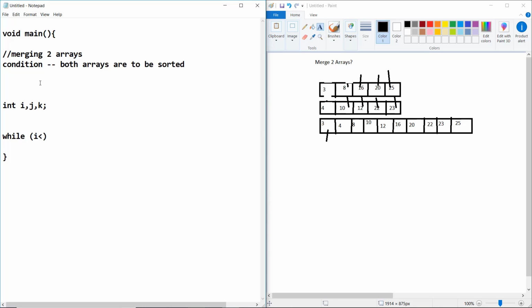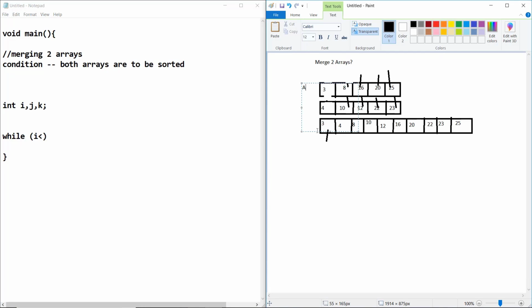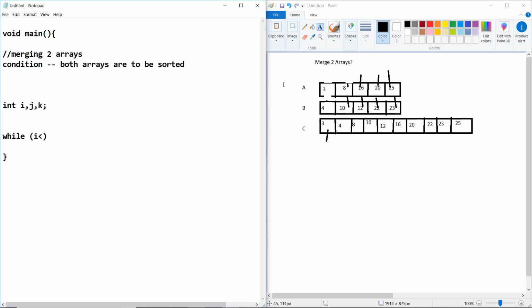Let us suppose this is array A, this is array B, and this is array C. i is the pointer for A, and we loop while i is smaller than A.length and j is smaller than B.length. The loop will continue until it reaches the end.